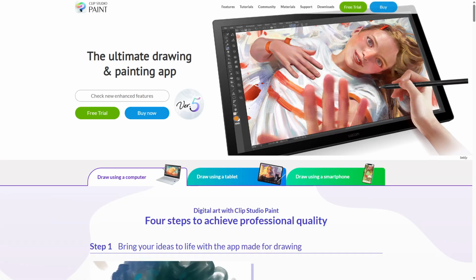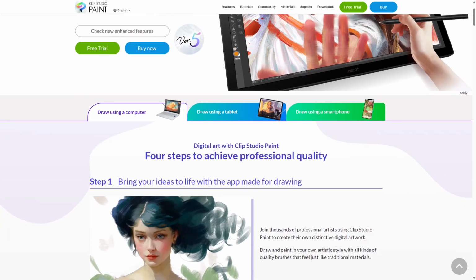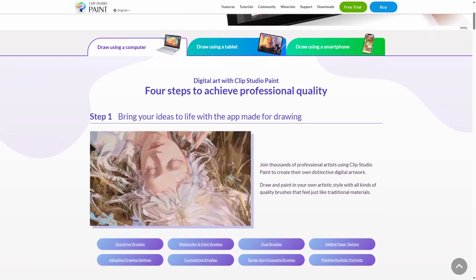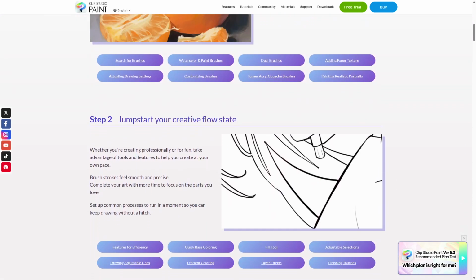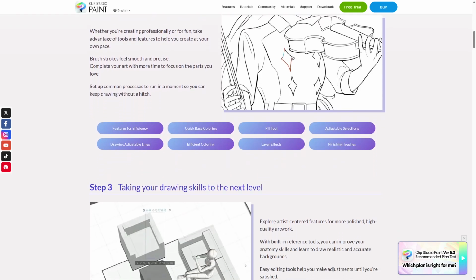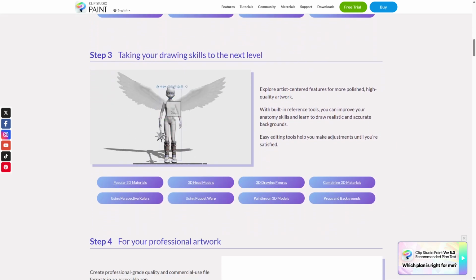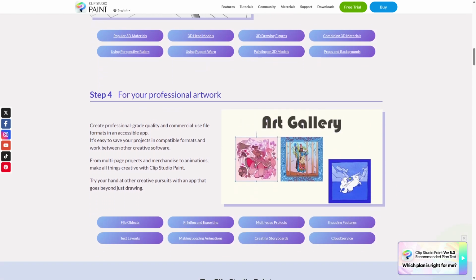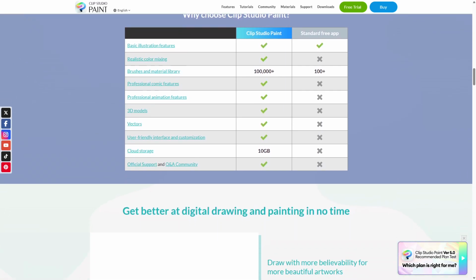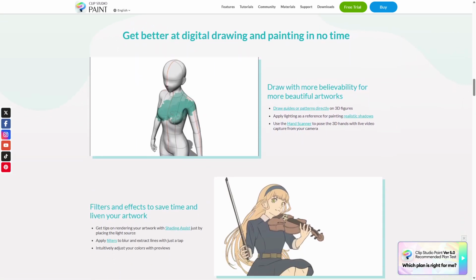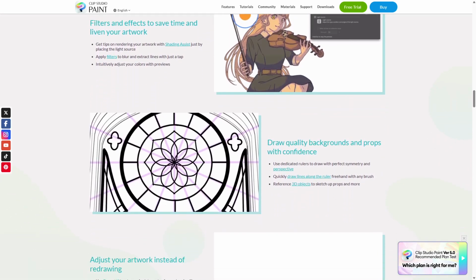Clip Studio Paint is a professional-grade drawing application widely favored by comic artists, illustrators, and animators. It excels in providing specialized tools such as vector layers, perspective rulers, and a vast library of customizable brushes designed to mimic traditional media. The software supports frame-by-frame animation and offers features tailored for manga creation, including panel layout and